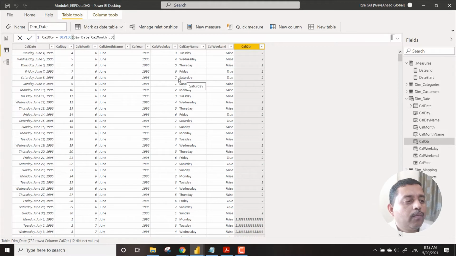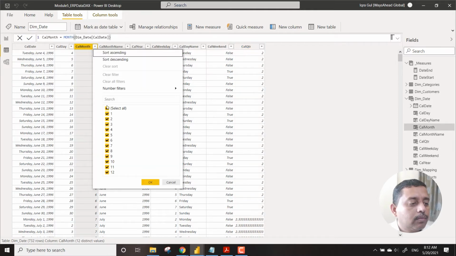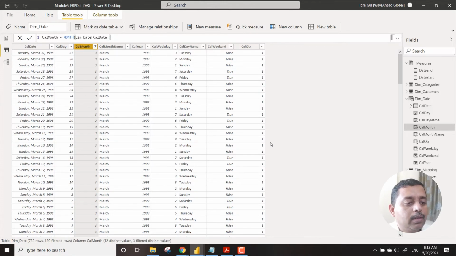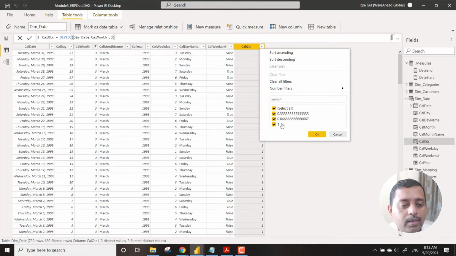Now you can see that it gives me June. Let's take an example of January, February and March one. Let's see what happens. January, February and March one comes under this, but there are some other parameters also which it is following, so 1, 2, 3, something like this.